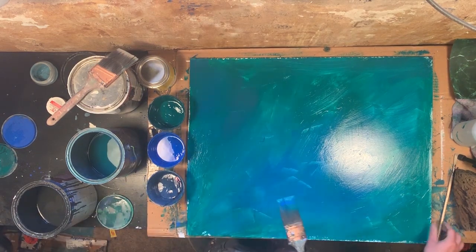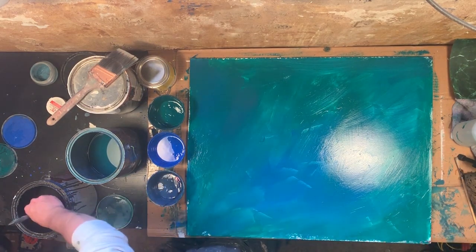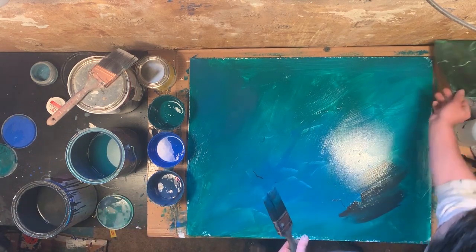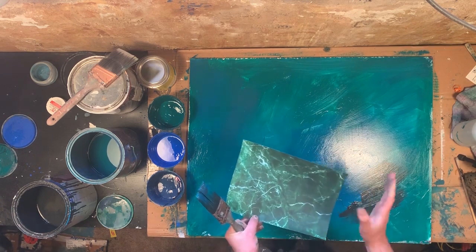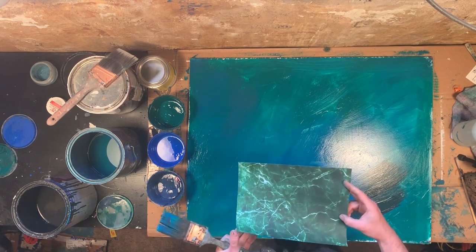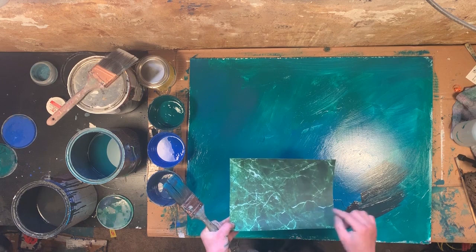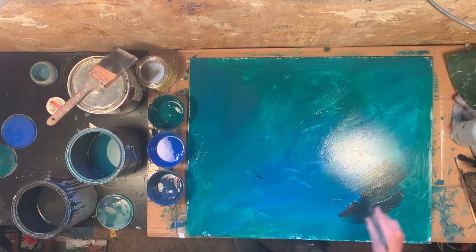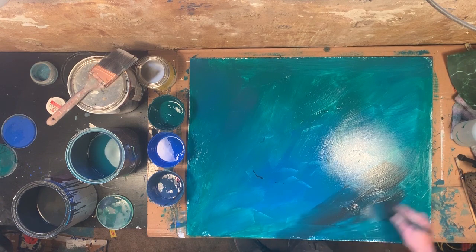I'm not trying to come up with a certain pattern. I'm just kind of trying to have some color variation and also some value variation. Because if we look at this, which is pretty much just many values of the same green with some black, I just want to create some of these little pockets of light and dark so that as we start moving through the layers,